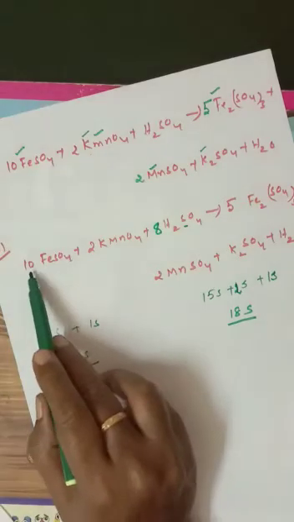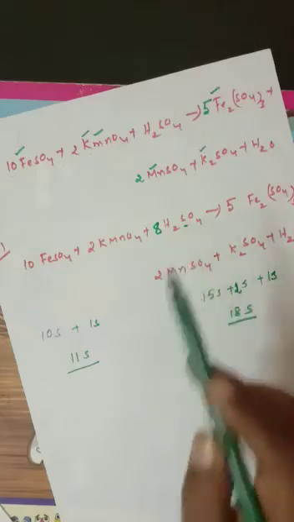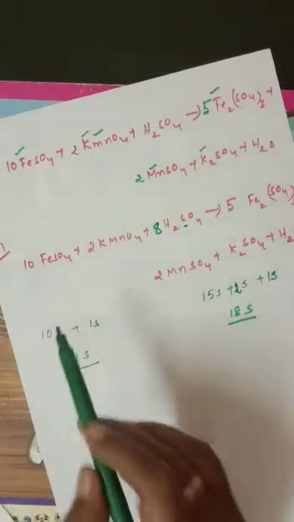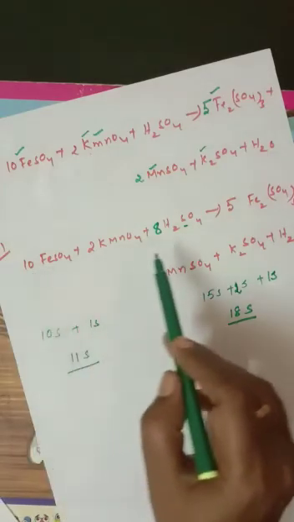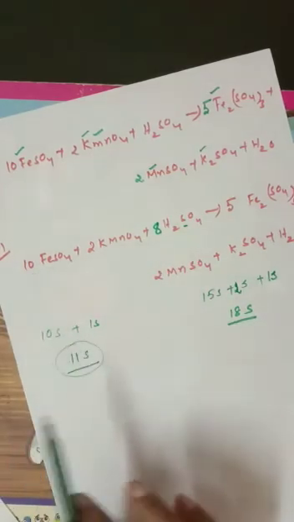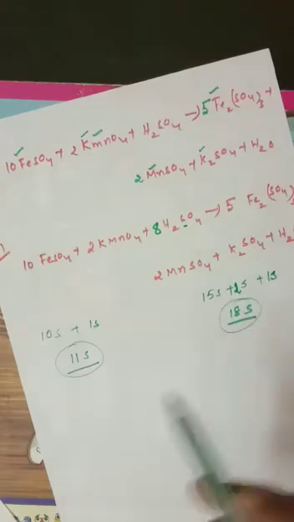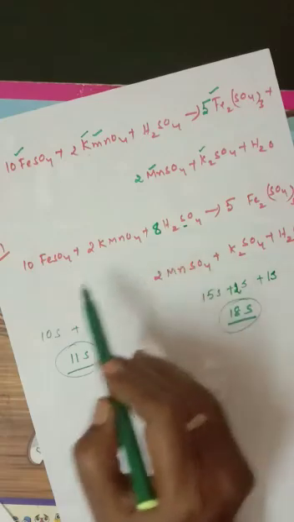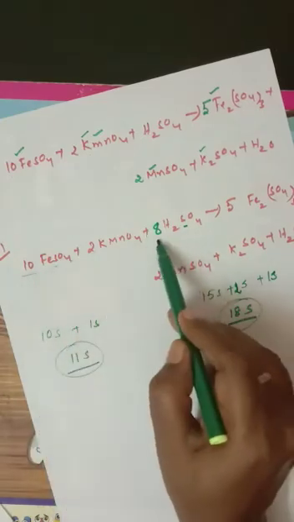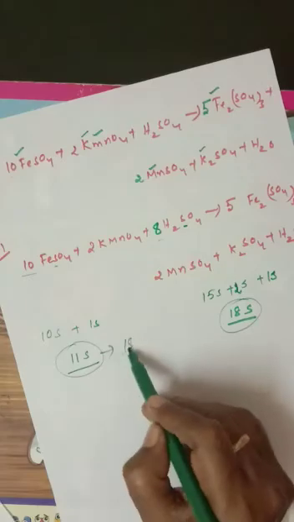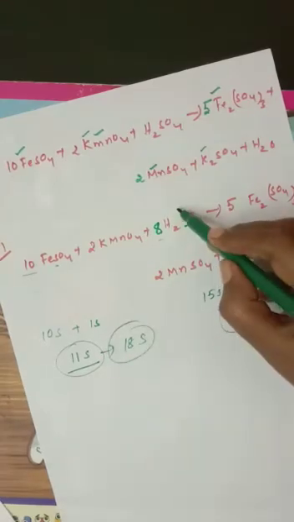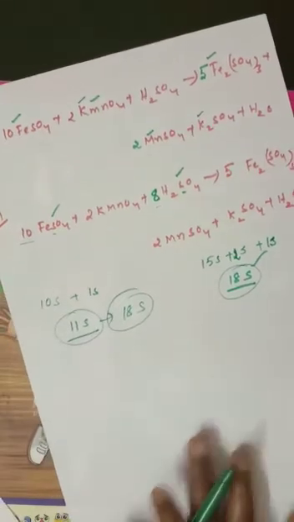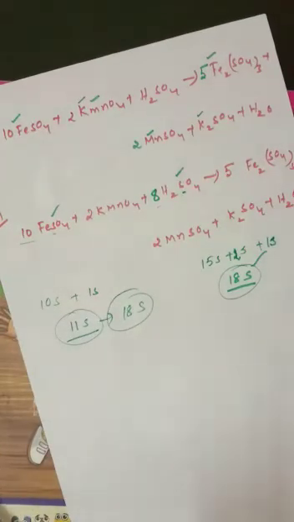So see here 10 sulfur, here 8 sulfur is present. Initially here 10 sulfur, here 1 sulfur, total 11 sulfur only present. On the right side 18 sulfur is present. The left side only has a decreased number of sulfur. To balance this, I am writing here 8. Now here 10 sulfur as well as here 8 sulfur. Now it becomes 18 sulfur also. Now sulfur is balanced, no? So the sulfur compound is balanced. This is another step. Next we are going to see the next step.